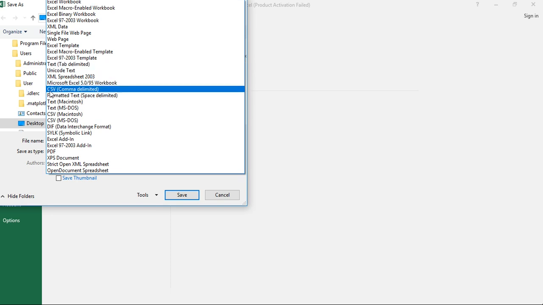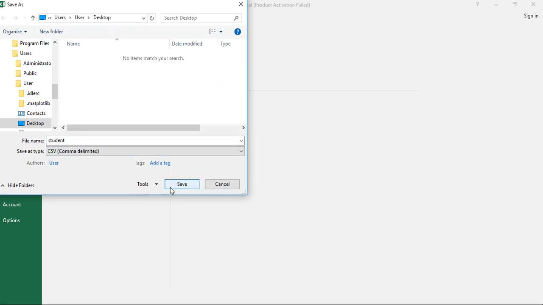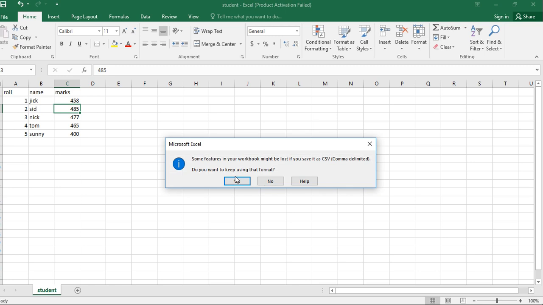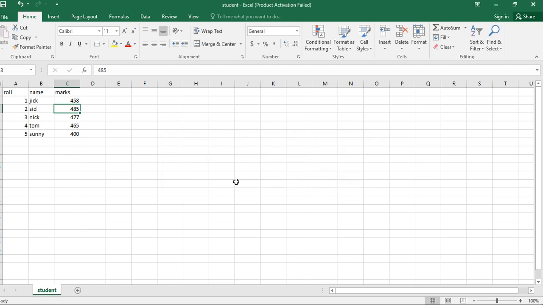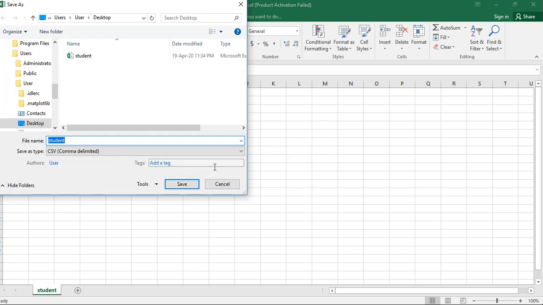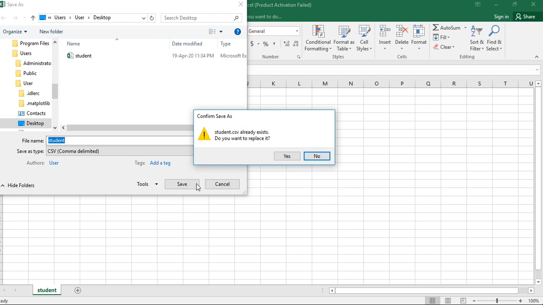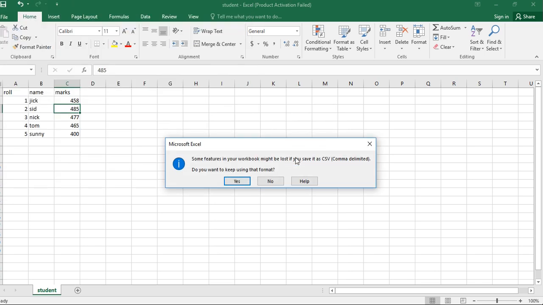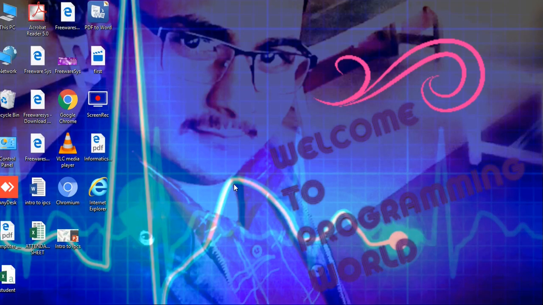Save. Press yes, and close this file. Again press yes, save. See here, a CSV file is generated.